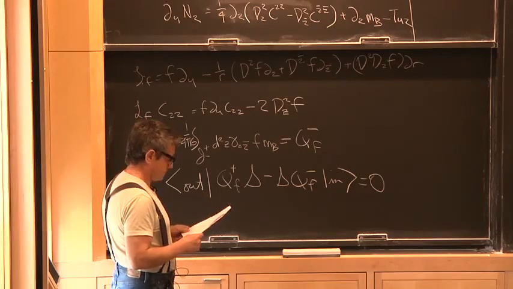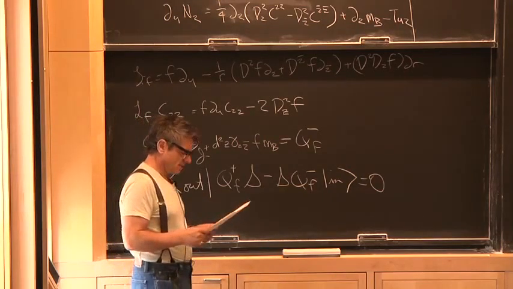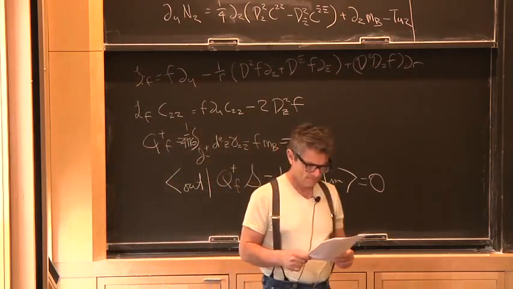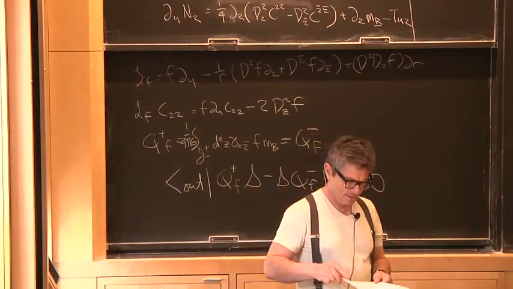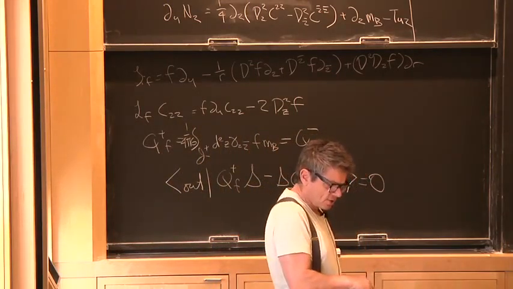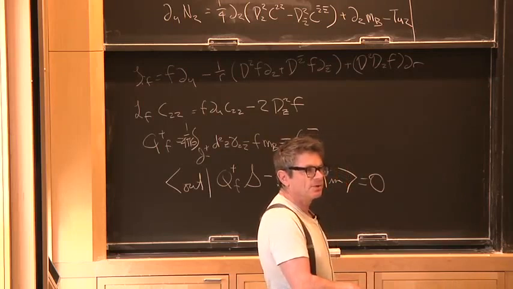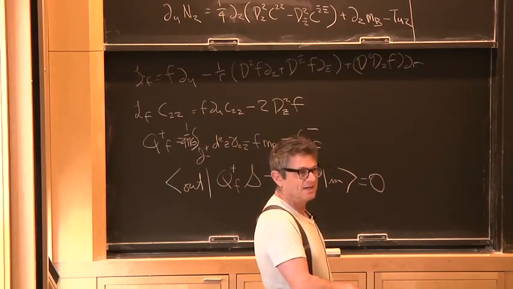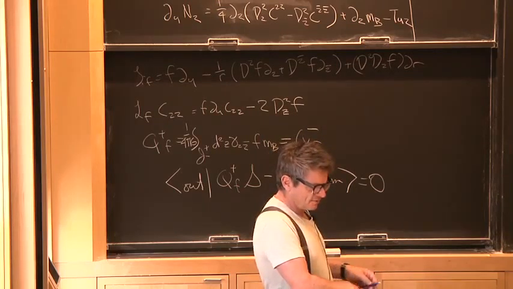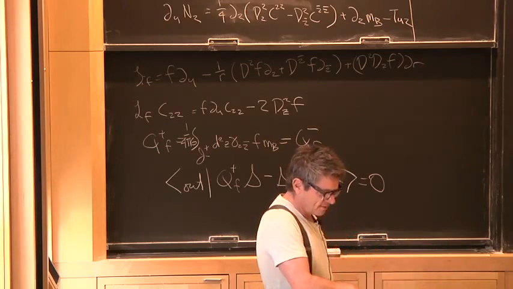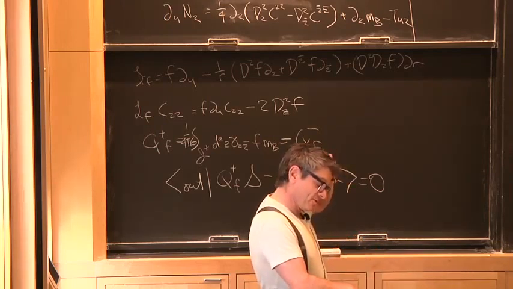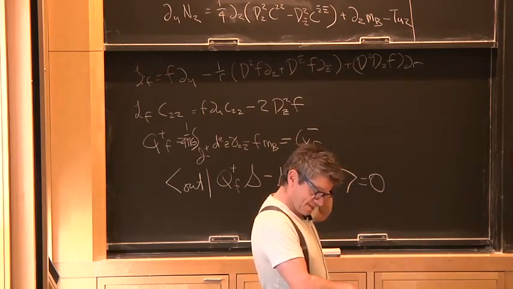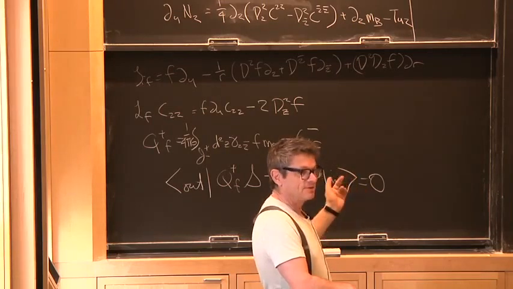And then I didn't show, but it was similar to the QED case, though with more indices, that after 5 or 10 pages of algebra, if you don't make any mistakes, this turns into